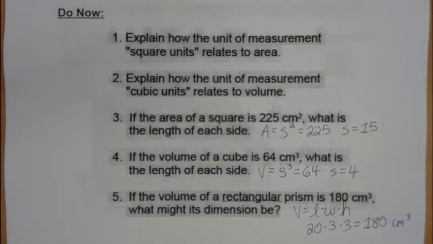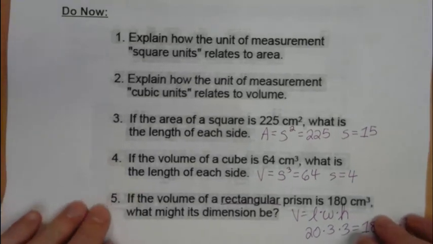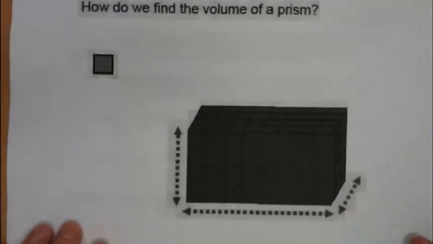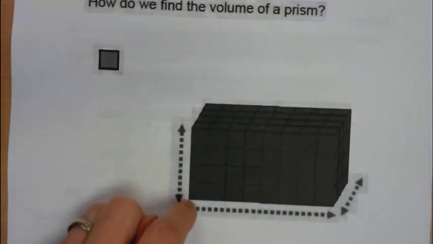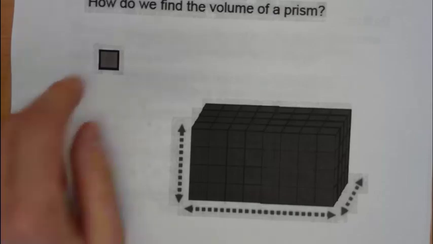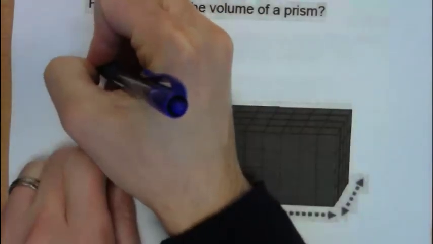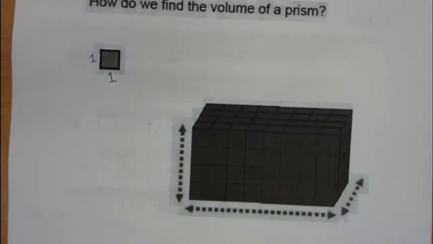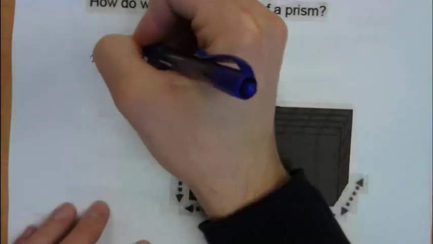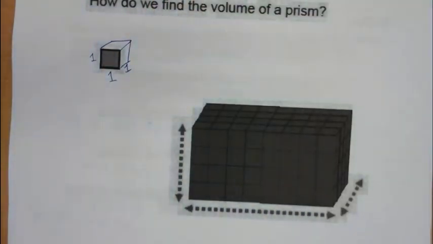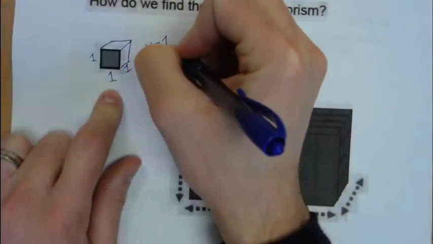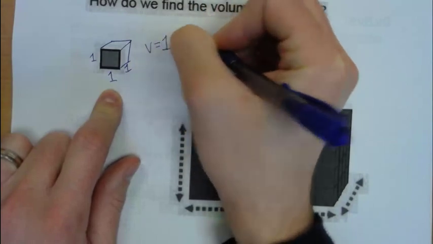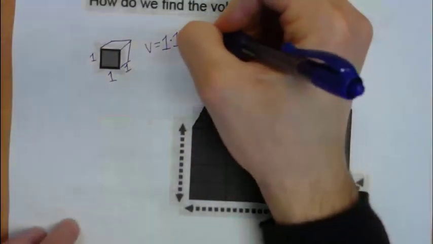So now we're going to get into our notes on prisms and pyramids more directly. So we have basically a square right here, and then we kind of have a big block made up of little squares. So if you were to think about, well, if I know the area of this square, like this could be a 1 by 1 square. Well, if it had 3 dimensions, like so, well, then if this was really a cube, it would be 1 by 1 by 1 for depth. So if you knew that this was the volume of 1 times 1 times 1, well, that just equals 1, or 1 unit